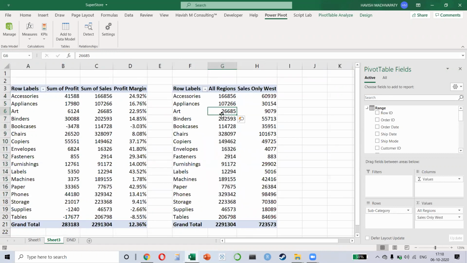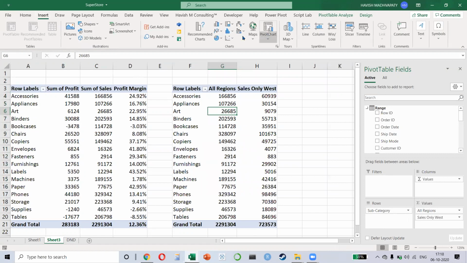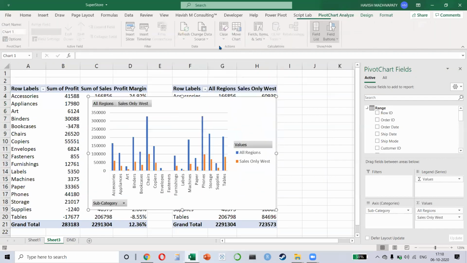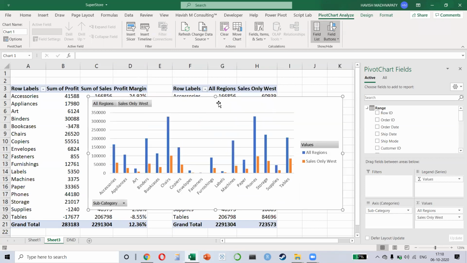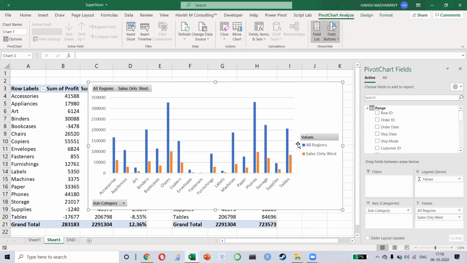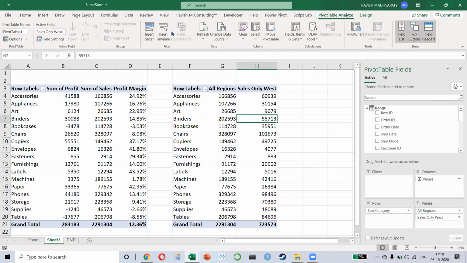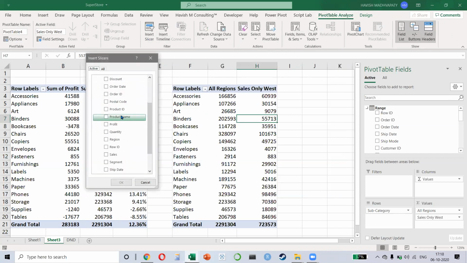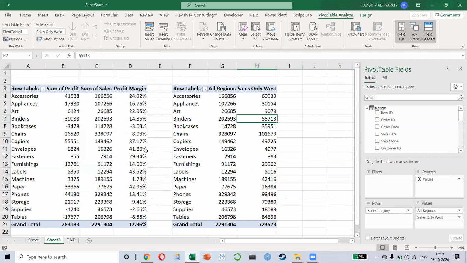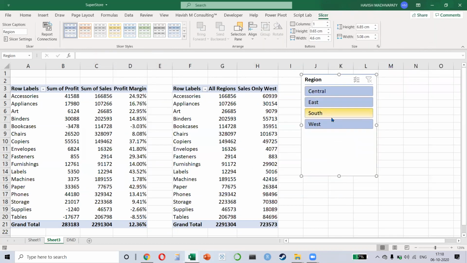Think about it. Because now when I make a chart, what will happen? I can compare one region, which is the orange one, against the total for the entire business. And remember, this would not have been possible if you had not used a measure, which means if I had put my region as a slicer, so if I keep a slicer region, what will happen? If I select West, then both of the columns are changing. Do you see this, everyone?